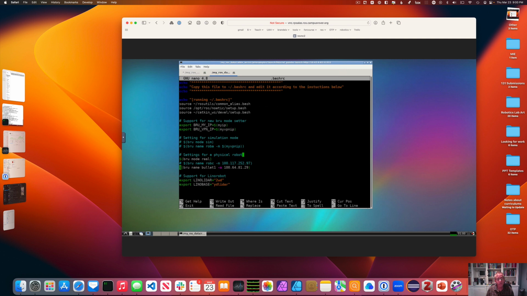And then I edit this file: brew name, and then the name of your robot, -m, and then the IP of your robot. And so these are the lines, the only lines you really have to mess with. These two are fine, you don't have to touch them. Okay, so when you modify this file and you save it,